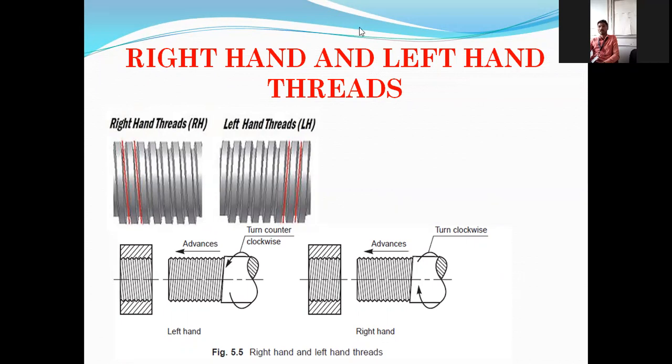They are mentioned as LH and RH. So right hand thread, left hand thread. Now, how to identify them? That is most important. Till now, even in the BIS convention and the first chapter, I have not told this; we were only discussing threads. But actually there are two types of threads. So how do we identify them? There are two methods to identify the types of thread.